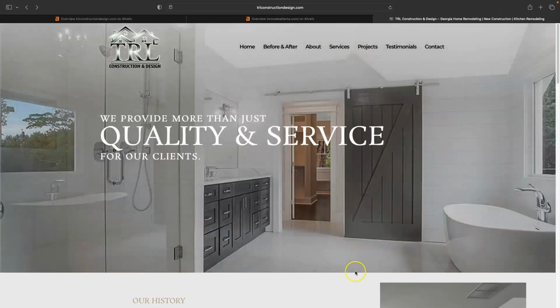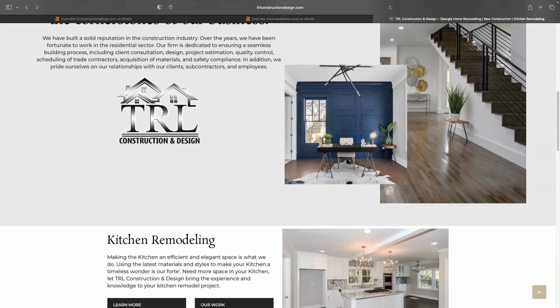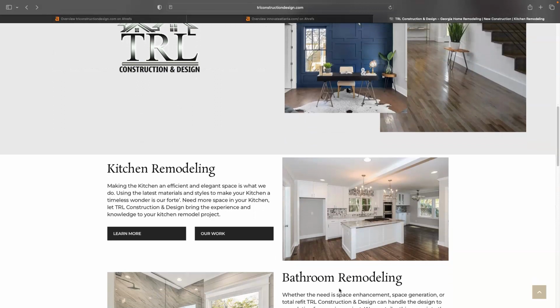So as we move down again, I will touch on content. Content is very important in this game that is the internet. Google loves content. They are going to crawl your website. And within that content, which we always recommend at least 1,500 words because it gives you plenty of room to put in those buyer intent keywords. So when Google crawls your website, they're going to find those buyer intent keywords, and it's going to tell them about your business, what you do, where you service, the areas you serve, what services you offer, and so forth. And it's going to also help them determine where they're going to place you within the Google search